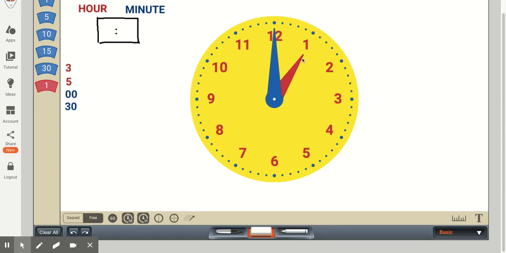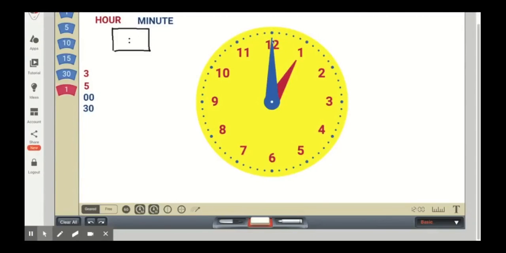And then it does not become 2 o'clock until the hour hand is actually on the 2. And what happens in reality, as we know, when we go from 1 o'clock to 2 o'clock, as the minute hand goes around the clock, the hour hand slowly moves from 1 to 2. When the minute hand makes it halfway around the clock, the hour hand is 1/2 of the way to the next hour.